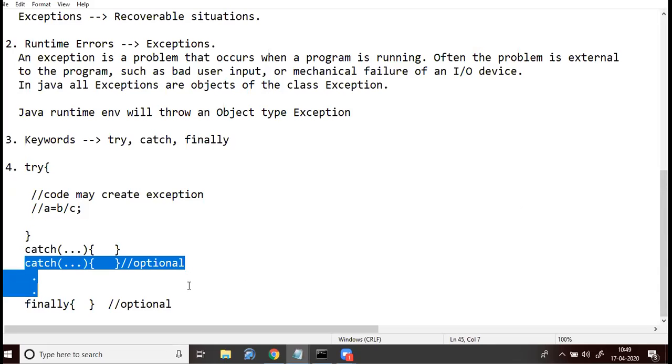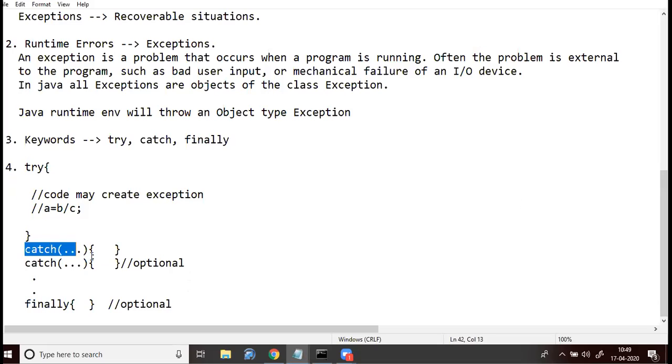So other catch blocks are optional. It can have any number of catch blocks, but the first catch block is mandatory. And also the try block can end with a finally block, which is optional.